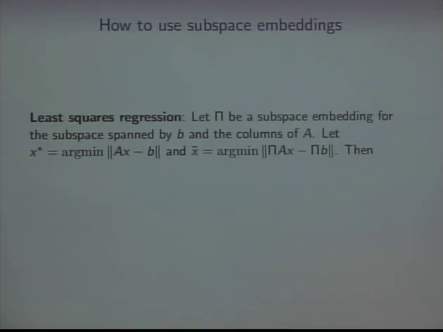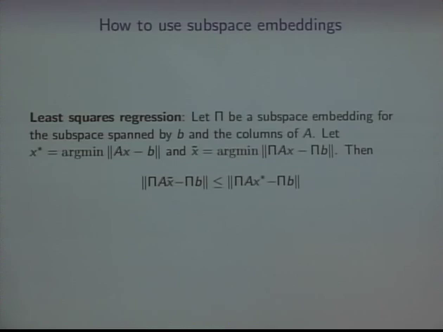I want to show you how you can use subspace embeddings, for example, for least squares regression. There are other reductions for least squares regression, but I feel this is the simplest to present. And I'm not going to go through all the reductions for other problems. By the way, this is known from previous work on this problem. So instead of minimizing AX minus B for the original least squares problem, these are all L2 norms, we're going to do it for the new problem pi AX minus pi B. And I claim that doing that gives you almost as good a solution as solving the actual optimal solution for the original problem. And why is that? Well, definitely this is true: X tilde is the minimizer for the new regression problem.